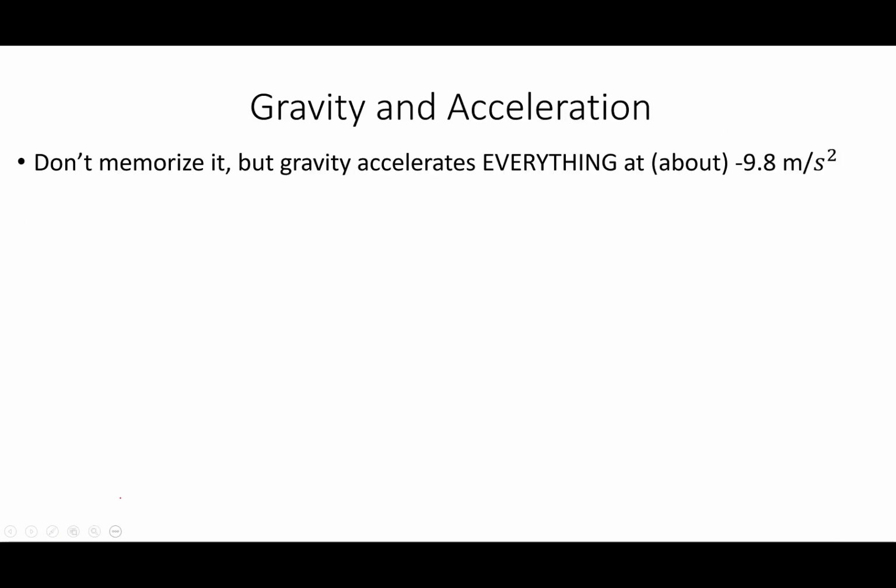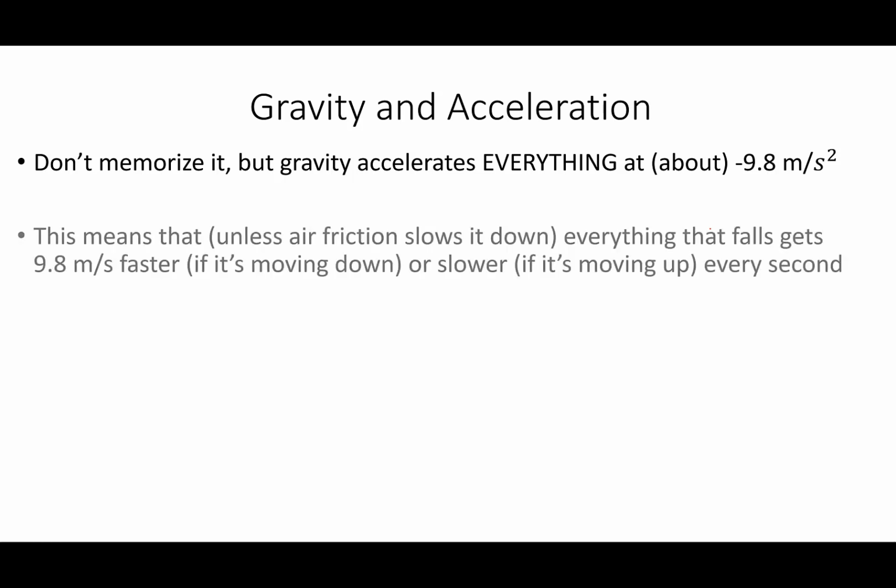So don't memorize it, but gravity accelerates everything at about negative 9.8 meters per second squared. Negative because it's normally down, 9.8 meters per second squared because that's the average acceleration that gravity exerts on Earth. On a mountain it's actually less, and in a valley it's actually more, but to a very small